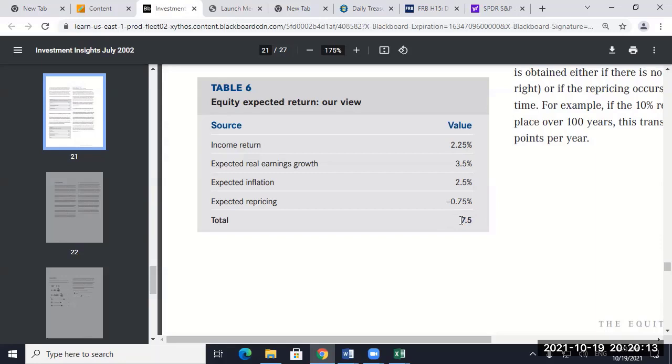Okay, so they're saying use this rate and it's going to increase your valuations, or you use this rate and it reduces your valuations. What are they telling you about the stock market? They think it's overvalued. You want to artificially reduce your discount rate so you get higher valuations of stocks to encourage you to get in the stock market when you think the stock market is overvalued. Does that make any logical sense? What should you do? Use 8.25, and you're going to find a lot of stocks are overvalued. Does that seem consistent with your philosophy that the stock market is overvalued? Right? I don't know why they made this adjustment.